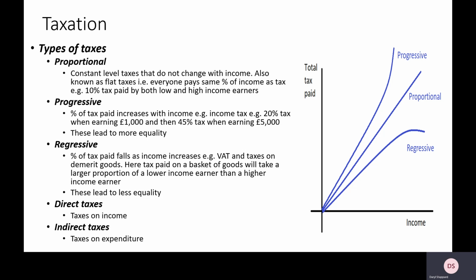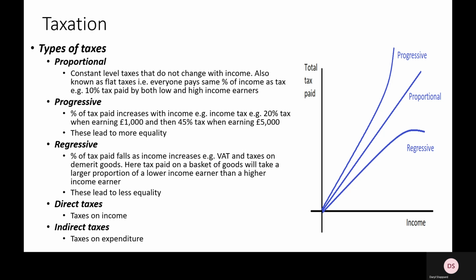So as incomes grow, you pay the same proportion tax. A progressive tax would be the more you earn, the higher percent you pay in tax. So in the UK, for example, income tax is a progressive tax. Okay, so most people will pay 20% tax on their income, but if your income goes beyond a certain level, then you might pay 40 or 45% tax on that additional income. So the logic is the more you earn, the higher percent